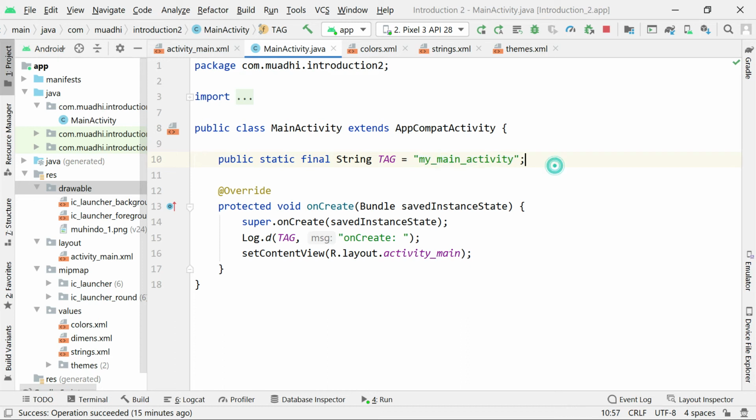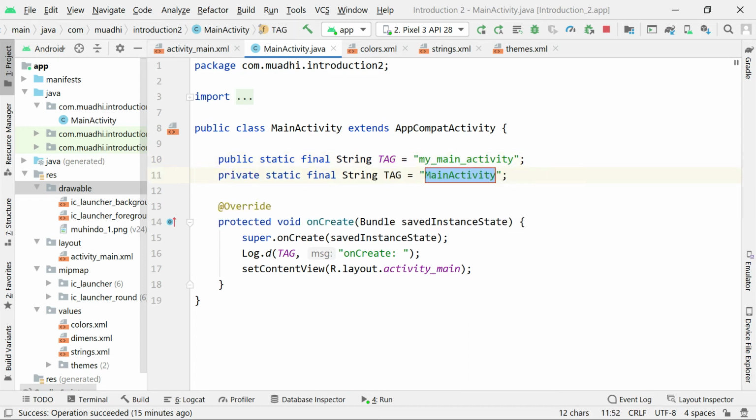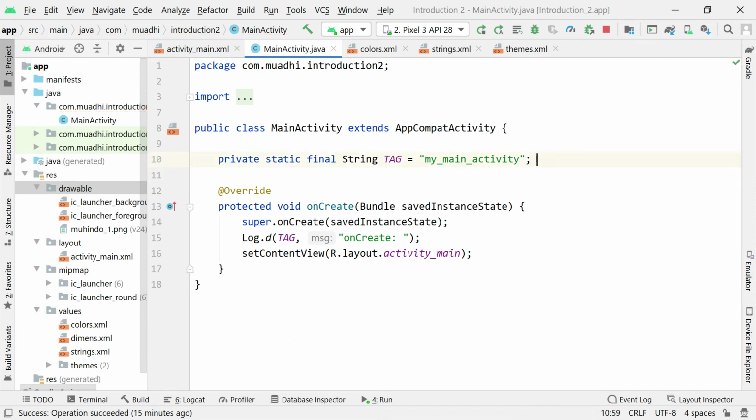You can as well do it like this, Log.t, and it will help you define that tag. Mine I made public, but I can as well make it private. It doesn't matter. So Log.d is for putting something in the console, and then Log.t is for putting the